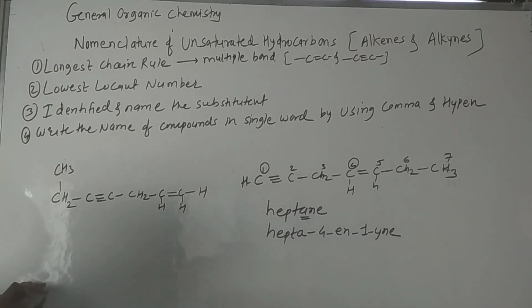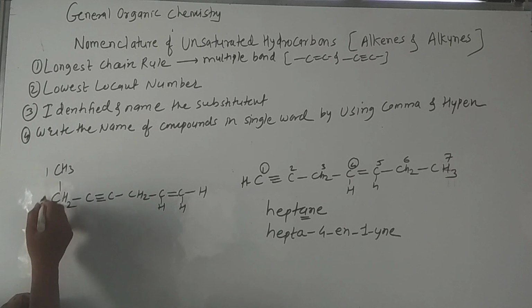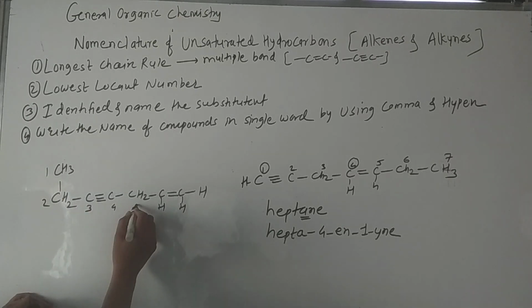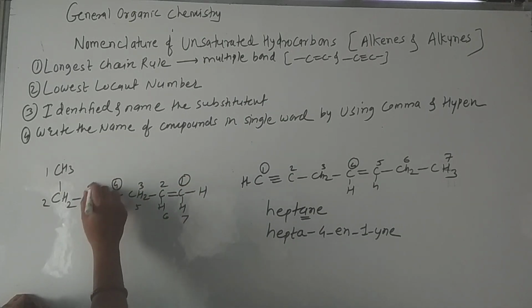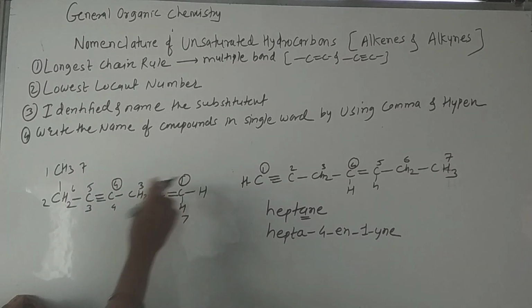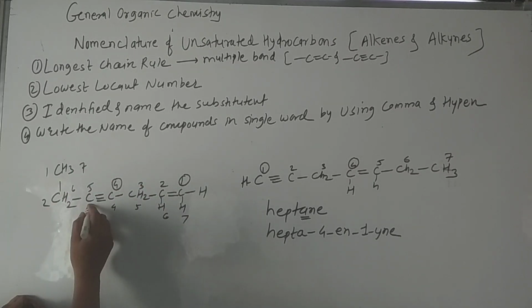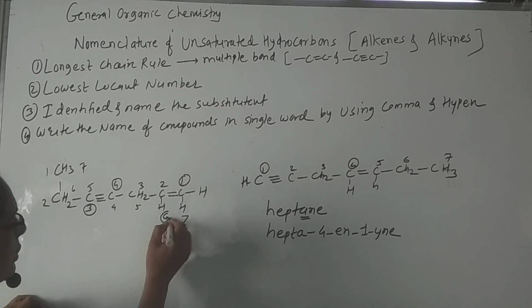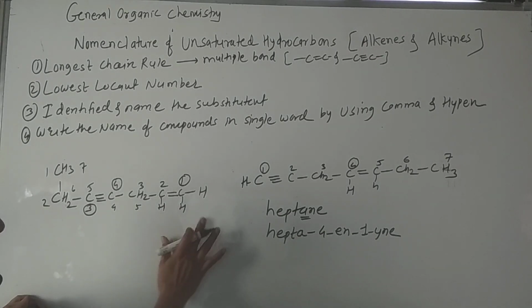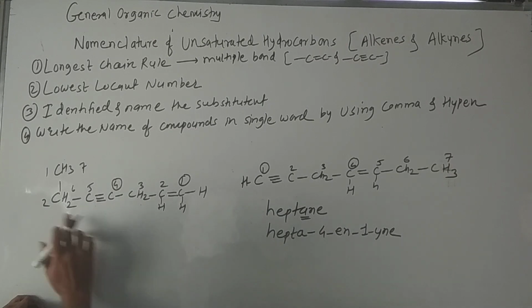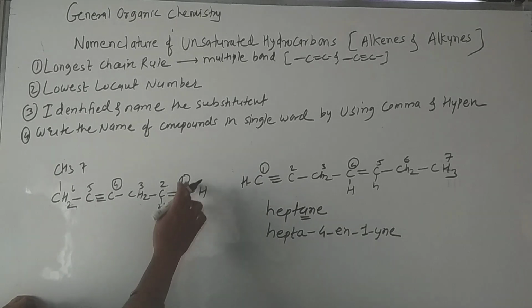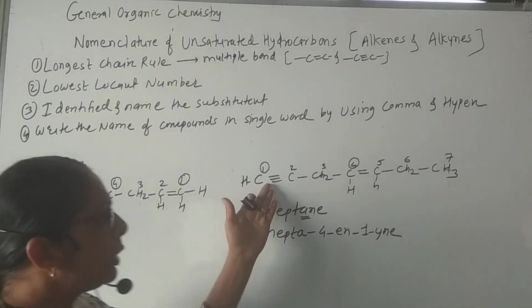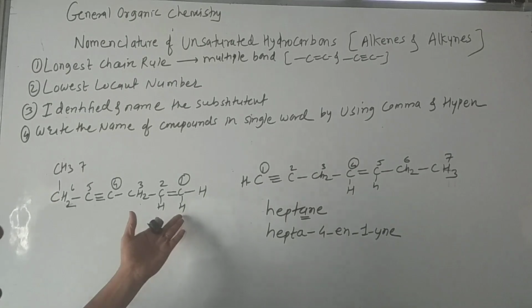So use the numbering so that whichever multiple bond there is has a minimum number. So it is 1, 2, 3, 4, 5, 6 and 7. If you go from this side, 1, 2, 3, 4, 5, 6 and 7. From this side the numbers are 1 and 4. From this side the numbers are 3 and 6. So 3 and 6 is greater, so I cancel it. What is my proper numbering? 1, 2. So look, in this case, the triple bond will come first. In this case, the double bond will become